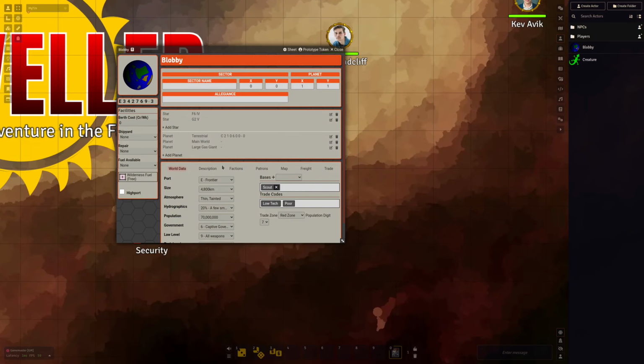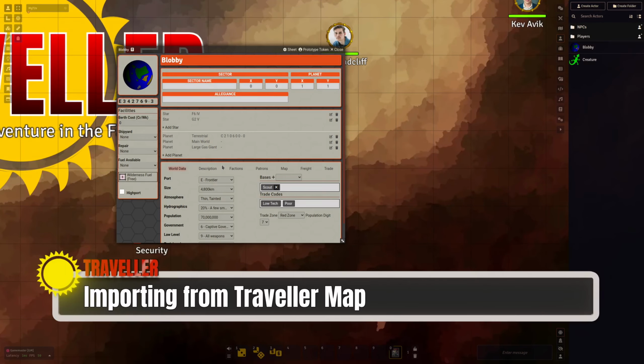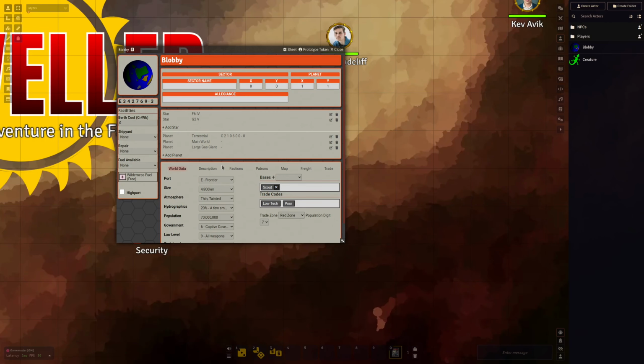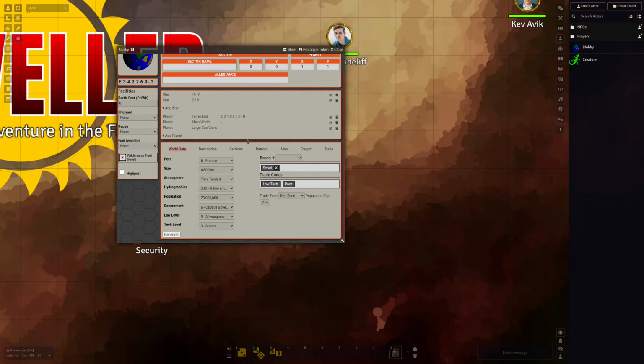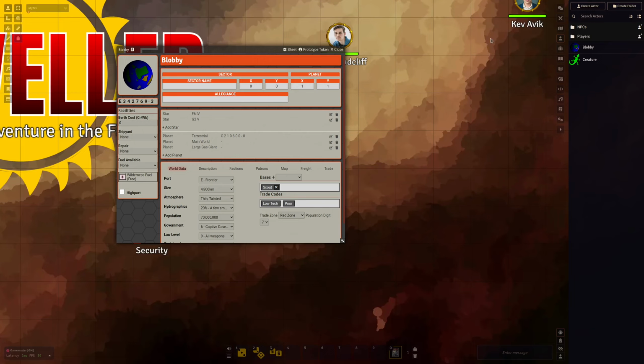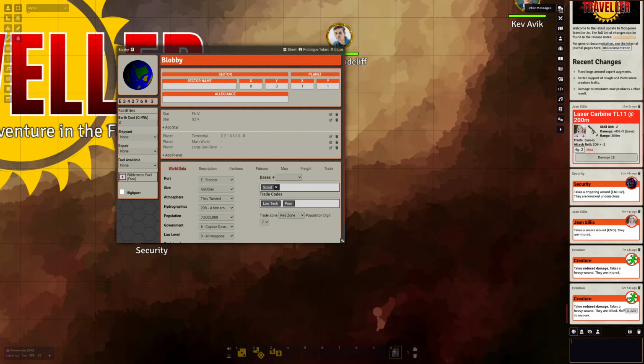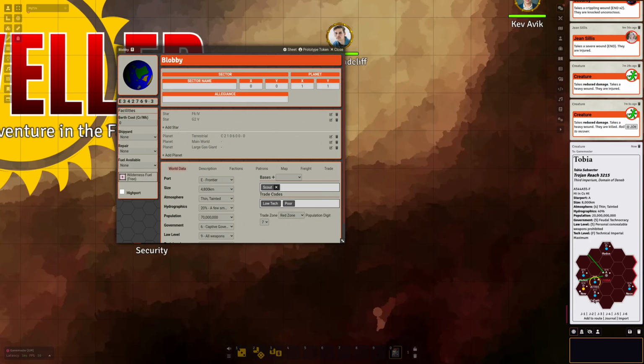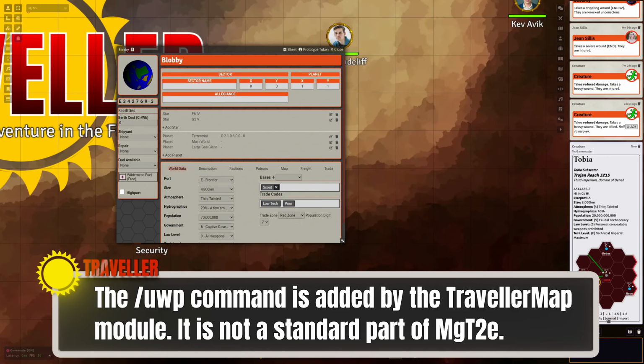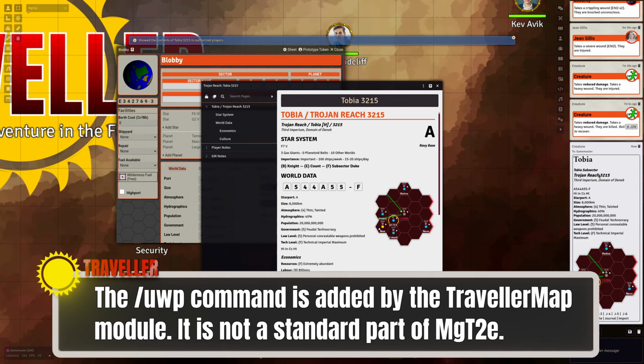Why was I doing this? Because I'm just about to start a new campaign and I wanted to get all the world data into Foundry, so I had the sector map there for players to explore. That was incredibly boring. I'm sure anyone else who's tried doing it will probably agree with that. So I thought, wouldn't it be so much easier if you could do something like, let's go look for Tobia, and previously you had an option to import